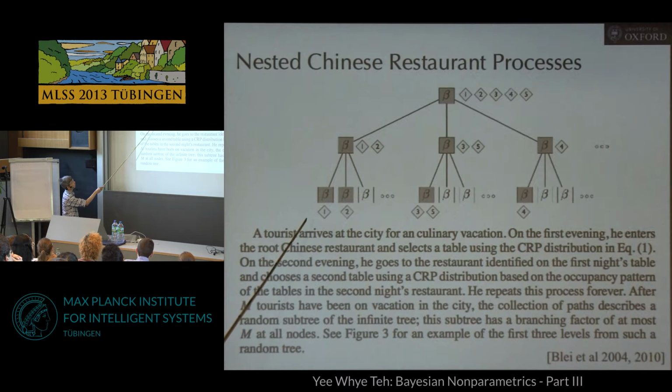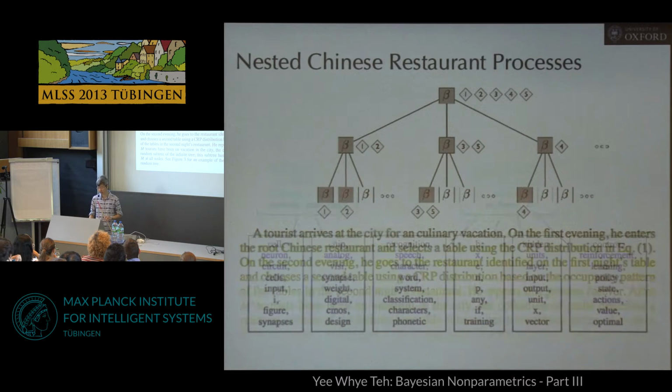Okay. And again, on the third day, these 5 customers are going to go to 4 different restaurants. Customer 1 is going to go to one restaurant, 2 is going to go to another one, 3 and 5 are going to go to another one, and so forth. Okay, so if you think about this as a process, it's basically a fragmentation process, right? So we are taking Chinese restaurant processes and fragmenting them into different tables, and you're further fragmenting each table into smaller and smaller tables. And they have applied this sort of nested Chinese restaurant process to modeling topics in document